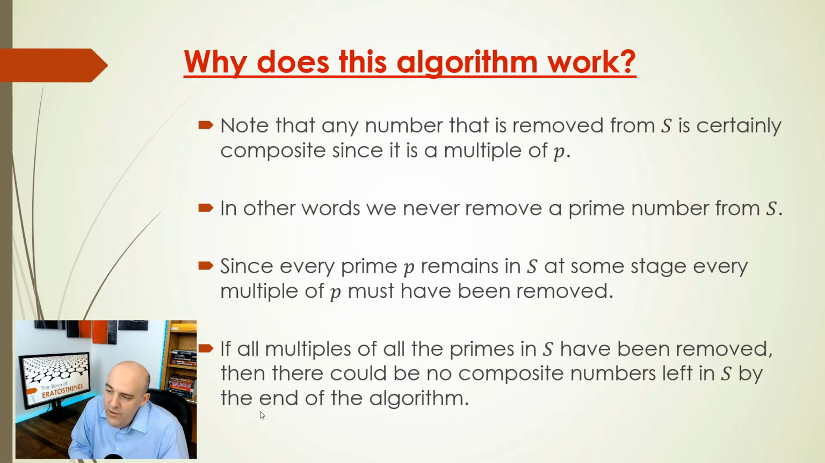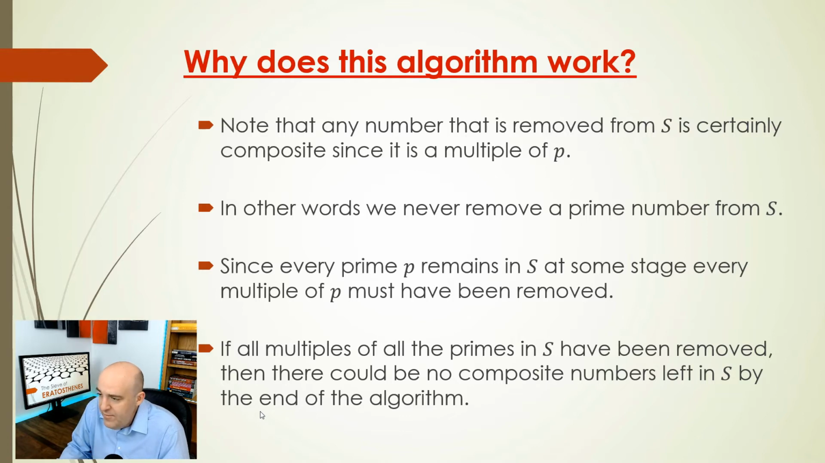So why does this algorithm work? Well, we never remove any number from S that's prime, because we're always removing multiples, right? And that means in the final result, S contains every prime number. And then maybe the next thing to notice is that since every prime remains in S, at some point that prime was the value of P, which means every multiple of that prime was removed from S. And having all the multiples of all the primes in S removed, that means S must consist only of the primes. You could provide maybe a more rigorous proof using finite induction on P, but let's not go down that